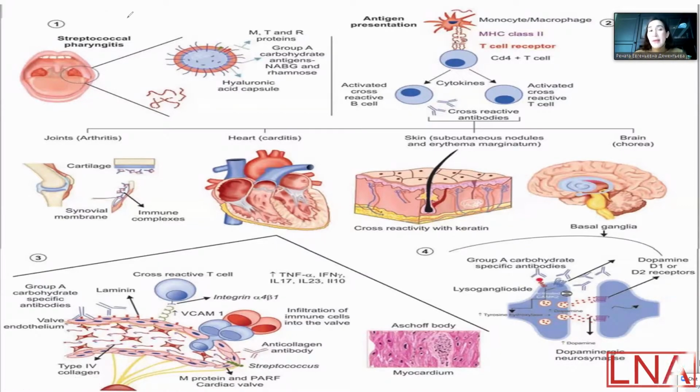Some moments about pathogenesis. Localization of beta-hemolytic streptococcal A infection: tonsillitis, pharyngitis. After infection, after some period, the structure of the beta-hemolytic A streptococcus contains superficial antigens, M proteins, and also consists of group A carbohydrate antigens,